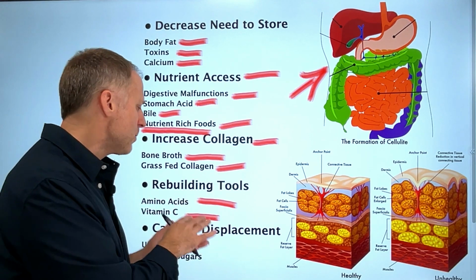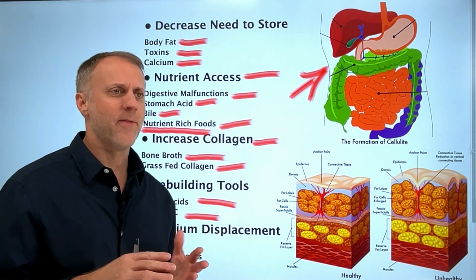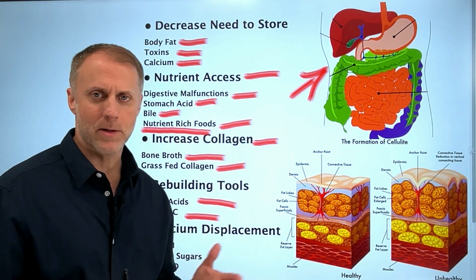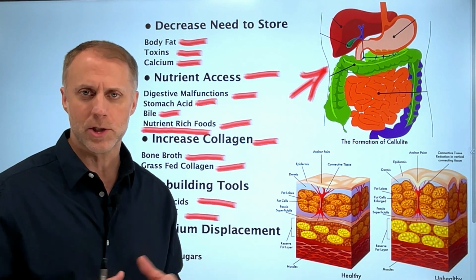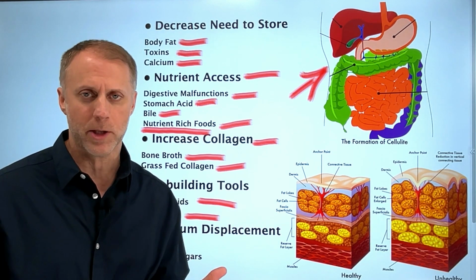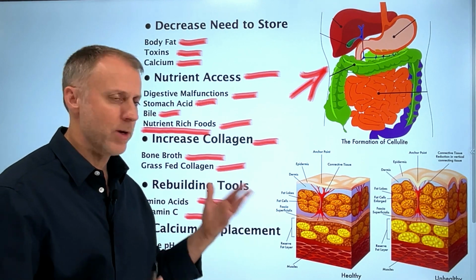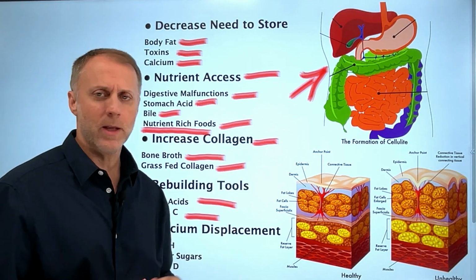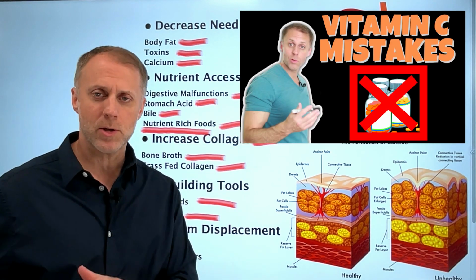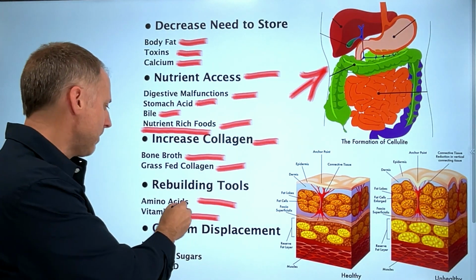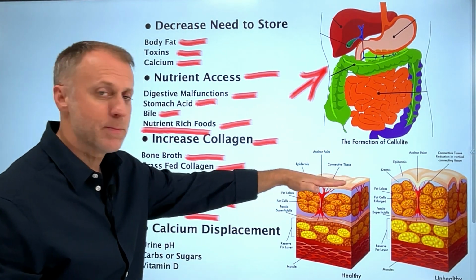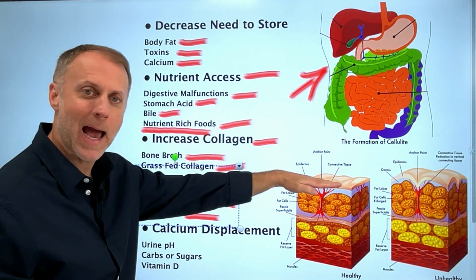So most people need to supplement with some form of whole food vitamin C, not like ascorbic acid or something like that that you would get at a drugstore. Most of those are just fractionated portions of that whole C molecule that the body needs to really rebuild and repair things. We'll put a video down below in the description for vitamin C mistakes so that you can understand the right way to use vitamin C. But that can be an important part of getting this to rebuild in a way that this can stay smooth and nice. We like it nice.